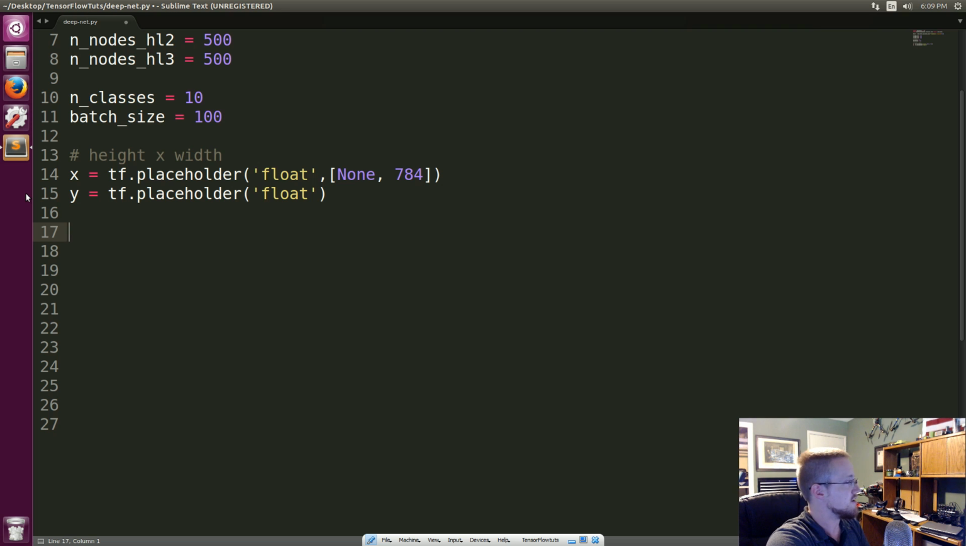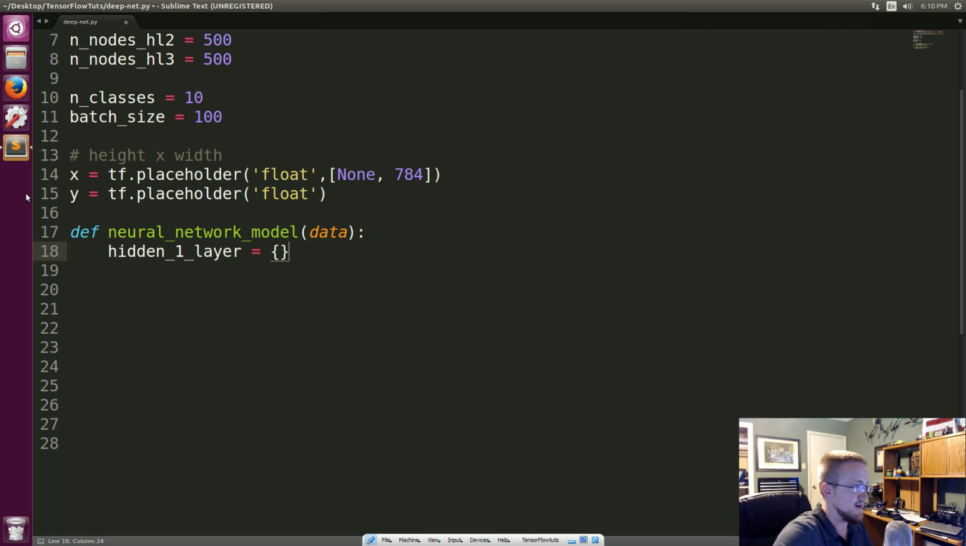So now we're kind of done defining our constants and our variables. Now we're going to define our neural network model. The neural network model just needs some data to be passed through it, right? This is your raw input data. I'd use the word input there, but that would violate some Python. So anyways, here we're going to start just with some dictionaries. We're going to say hidden one layer, and hidden one layer is going to have two values in the dictionary. So you're going to have weights, and this is going to be kind of long, but anyway,